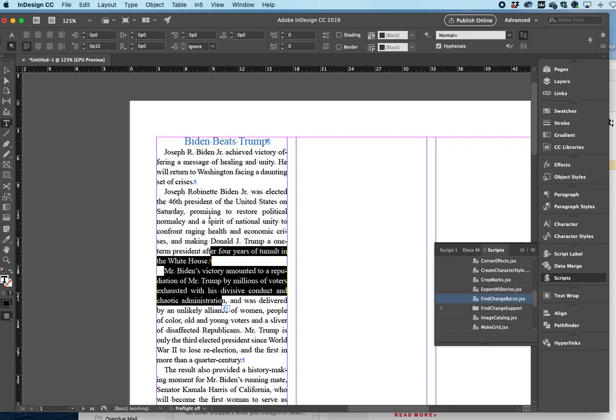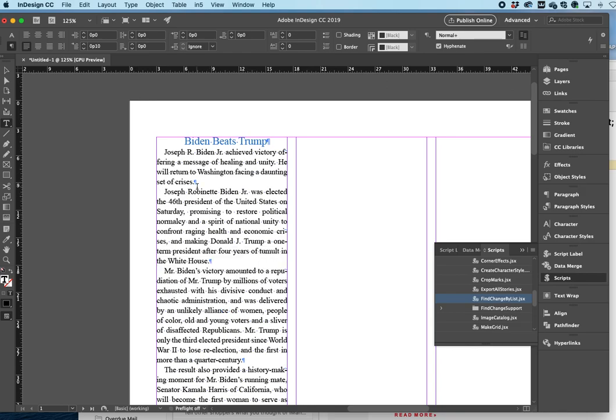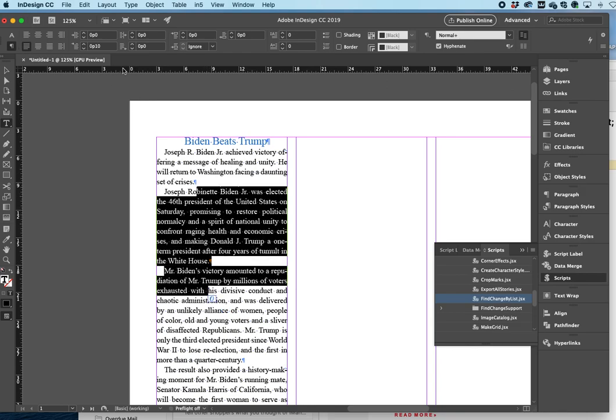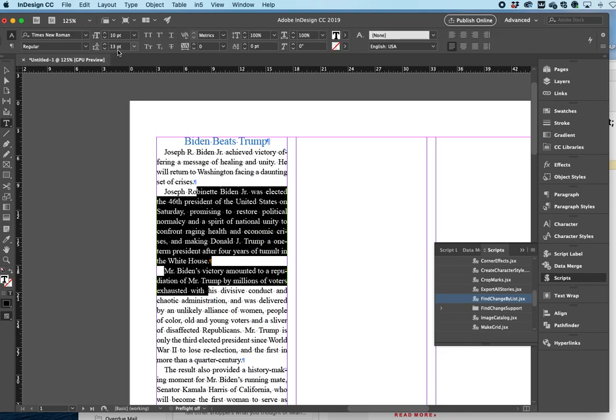This came in at 10-point size. The thing to know about working on screen is things can look smaller than they would actually print if you were printing them, but 10 points is pretty good, pretty typical for a text font. And we have 13 points between lines.